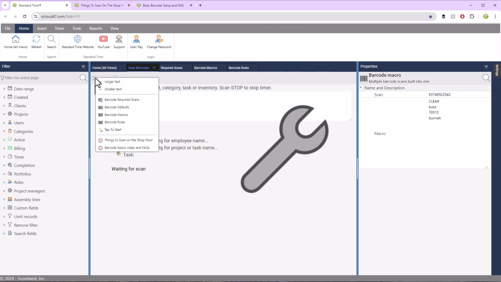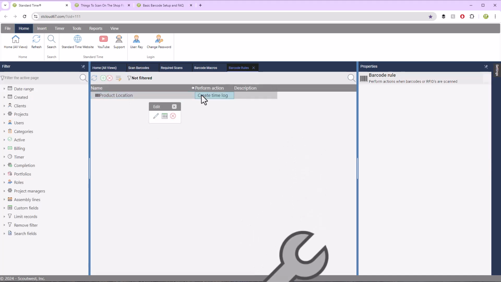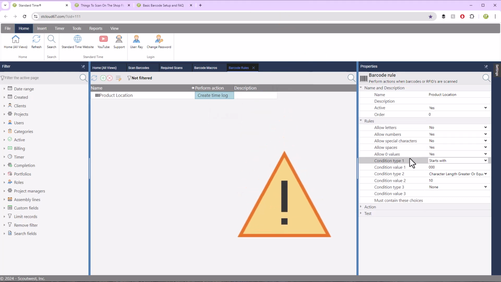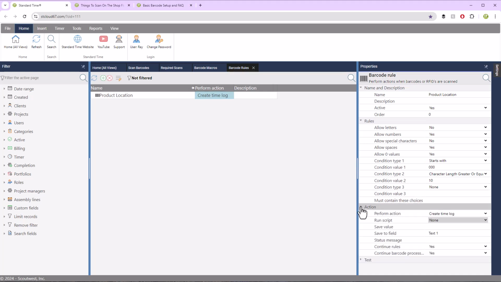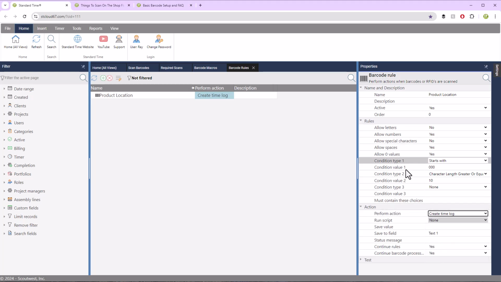Again, back to this menu, and we'll go to Barcode Rules. Barcode Rules are a way to look for special scans that you have never seen before. Things like RFIDs or tags or things that you would like to do special things. There are some rules to look for and then actions to perform, so that you could run a script or create time logs, toggle a timer, start-stop timer, things like that can be performed when this special barcode comes along